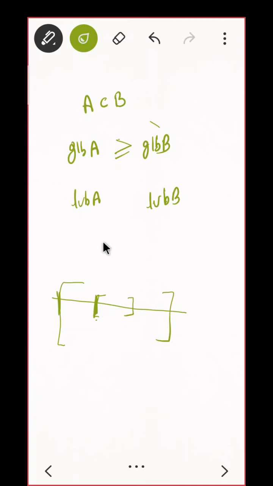Same in the case of LUB. Of this interval, LUB will be somewhere here and here LUB. See, here I am not proving it. I am just writing it. Just seeing by the graph, something has to happen like this, and in that case LUB will, oh sorry, other way around. This is your set A, this will be LUB of A, this is B. So this is bigger. Is it clear? But if you are aware of this, if you know how to prove this, then only you should use this in your exam.